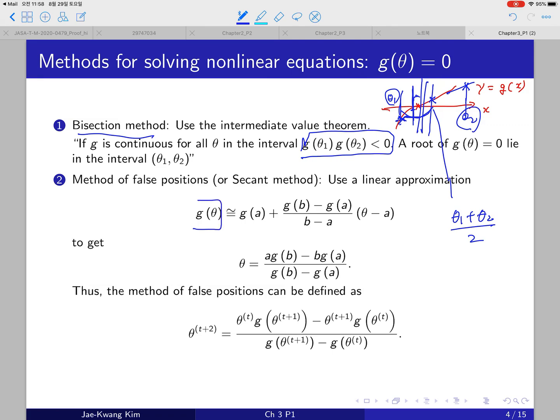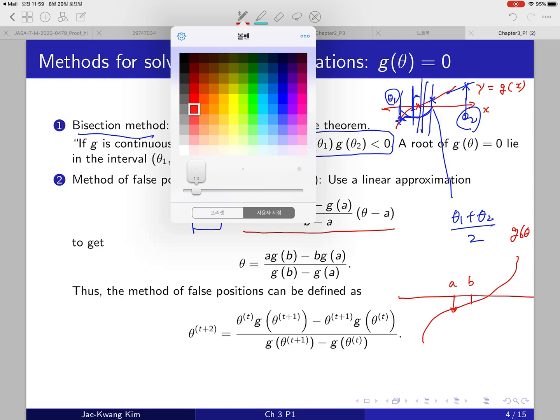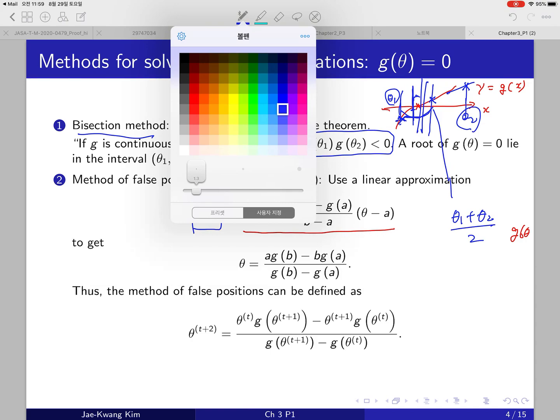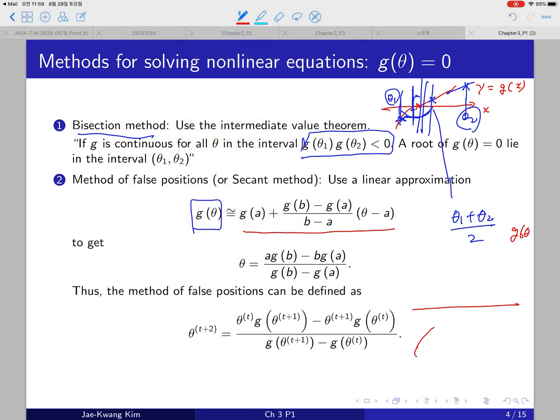Another approach is, suppose you have a g, and you want to find the solution. Suppose at some point you have two points, A and B, and you can basically use these two to fit a linear function. Okay, so suppose this is your function,